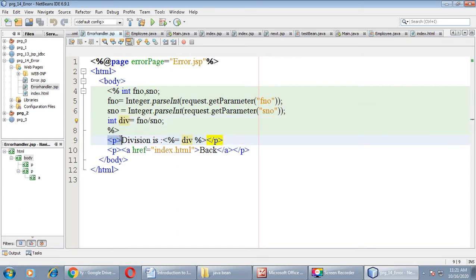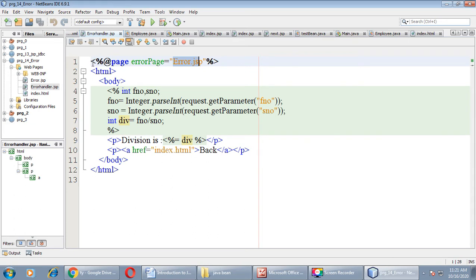And on line number 9, I am going to print that value with the help of this. Now here I have given one link which will transfer us to index.html in case of a correct answer, and if this generates an error, in that case we will be redirected to the error.jsp page.